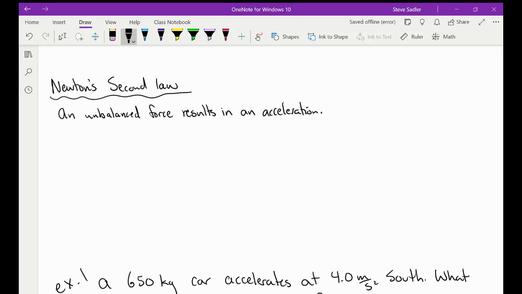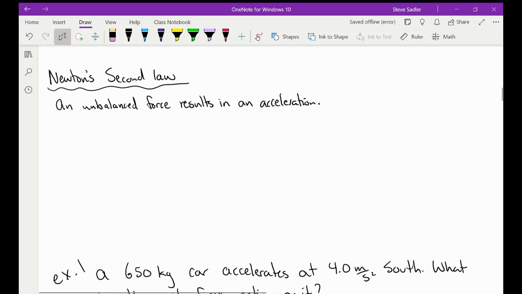So we're starting to get into some math here. We've got a formula and we will use it. So an unbalanced force results in an acceleration. Newton's second law is defined with the equation F net is equal to ma, or F is equal to ma,